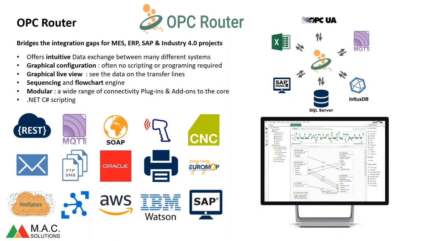And the OPC router, this is a product which has its place in certain applications where it's uniquely skilled to do what you need to do. It lives at the lower level and it has a sequencing and flowcharting engine, so it can do communications on the OT network and allow you to do a sequence of operations between dissimilar systems, perhaps a barcode scanner, then interacting with a database when loading values to a PLC, then completing the task and writing a value back to the database, and then printing a label. So you can see a whole sequence can be driven from the OPC router